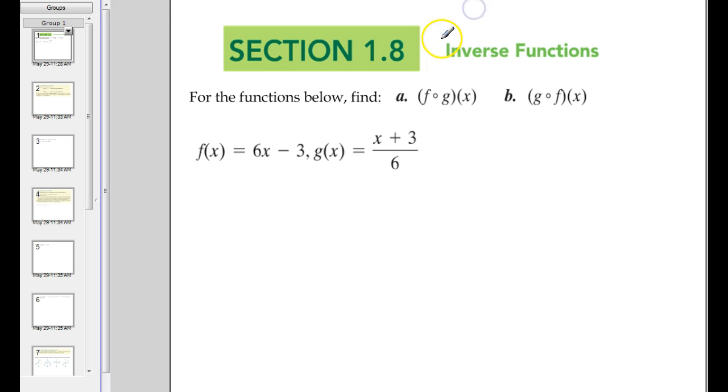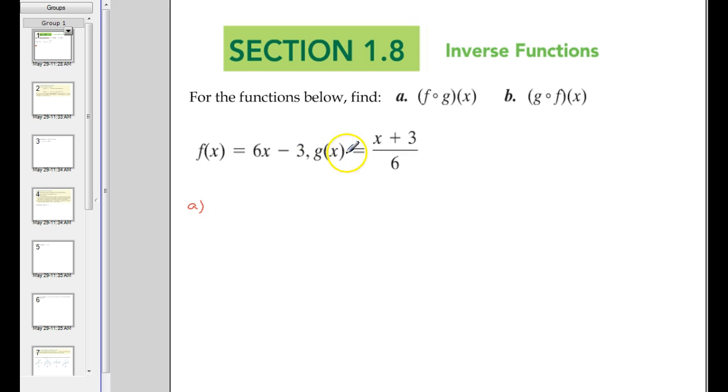So what we want to do here is take these two functions, f of x and g of x, and we want to put g into f, and we also want to put f into g. Remember, that's what this notation means. So this is like from compositions at the end of 1.7. So remember, part A, putting